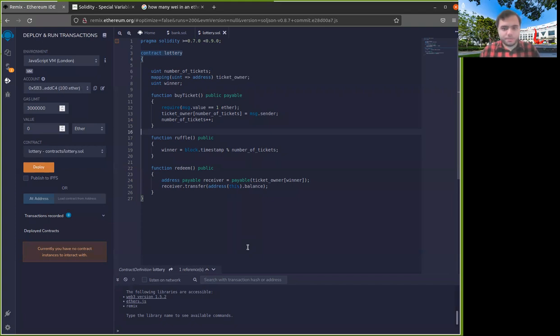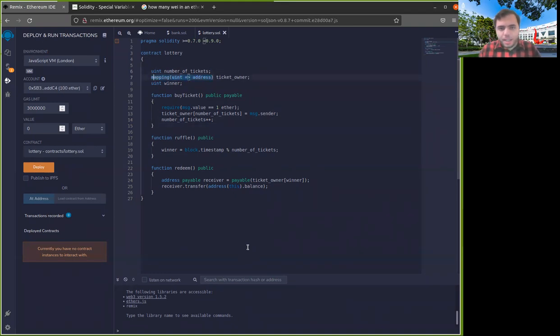So if your contract allows them to do something sketchy, people will do it. That's our assumption. And so here, for example, when I have this raffle function and there is nothing in the contract that stops people from calling it several times, you'd better assume that people will call it several times.